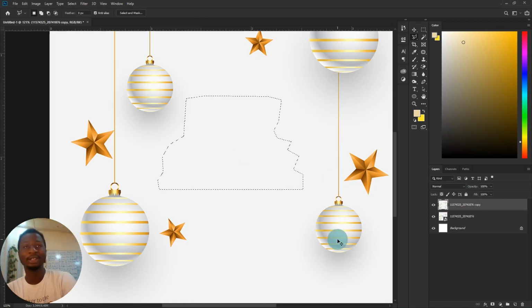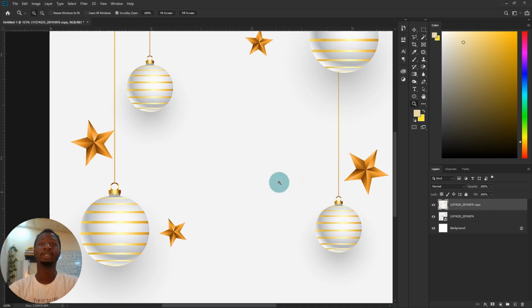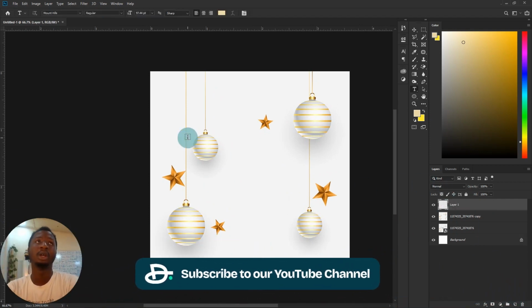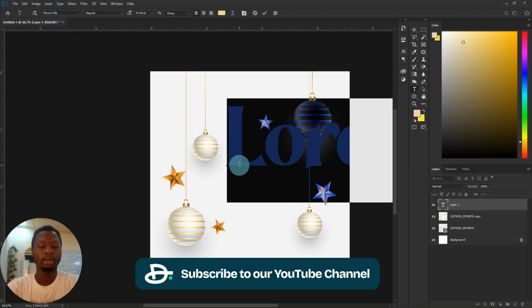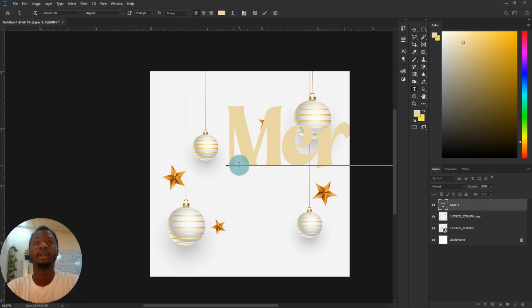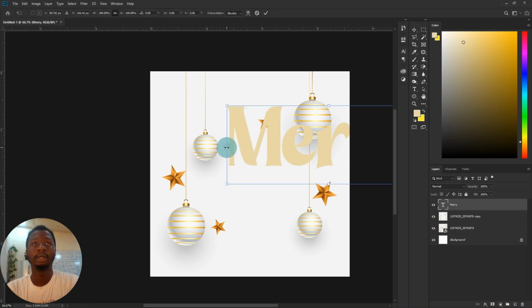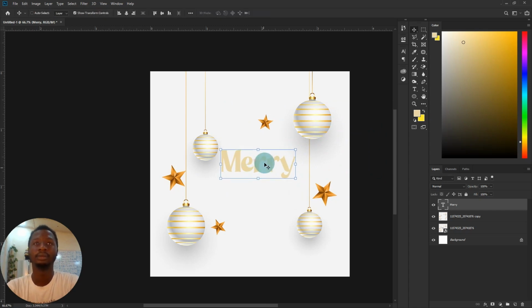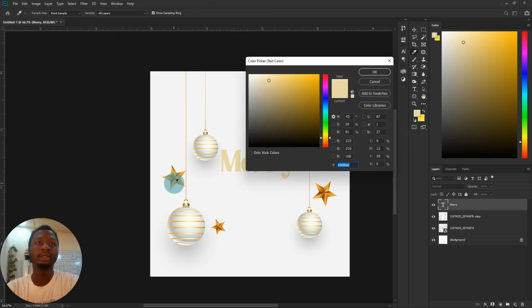So let's deselect by pressing Ctrl D. So zoom out, we have this. Now the next thing I'm going to do is to create a new layer for my font. I'm using Mount Hills as a font. It's a free font. So I'm going to write Mary and then make it small, a little bit like this. Then go to the font color and I'll pick this, this kind of brownish